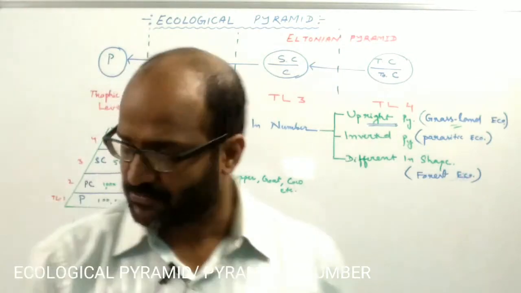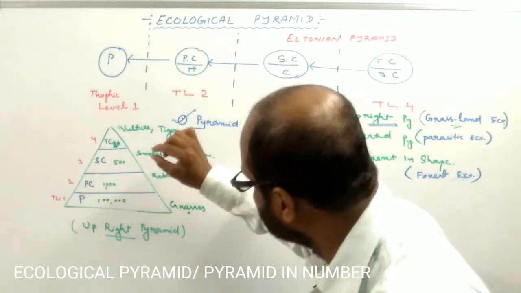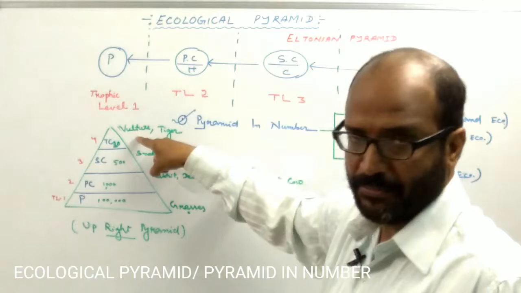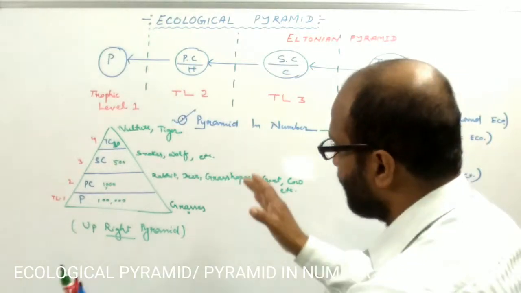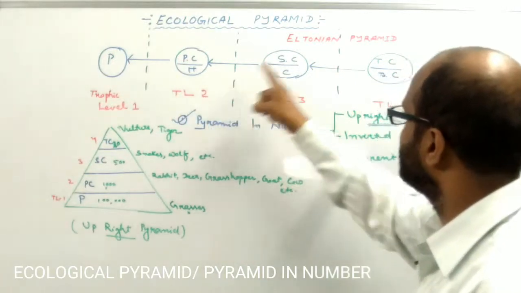So if you observe, the number gradually reduced from producer to top carnivore, and such graphical representation of all successive